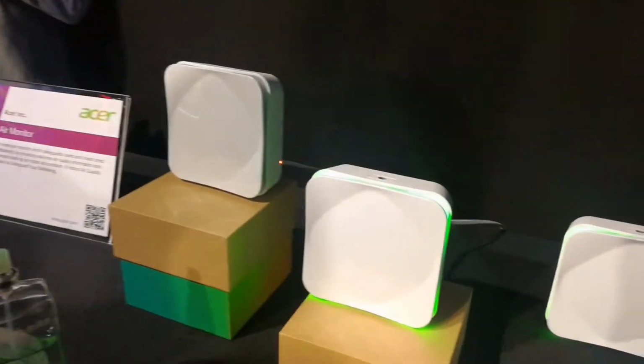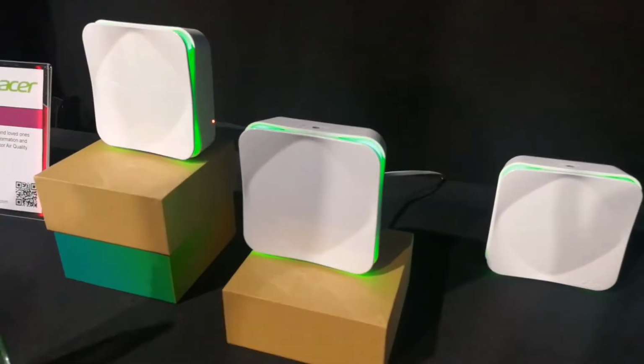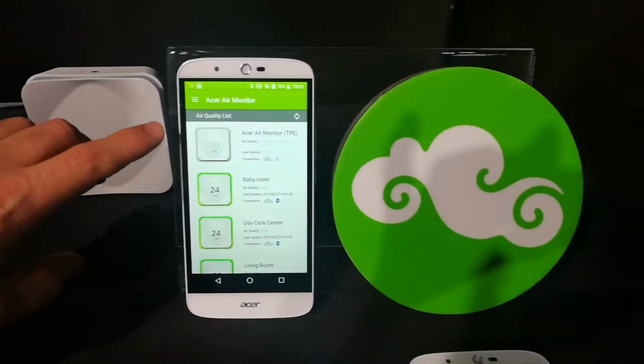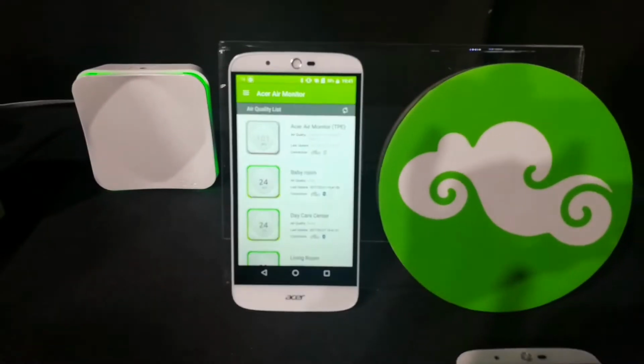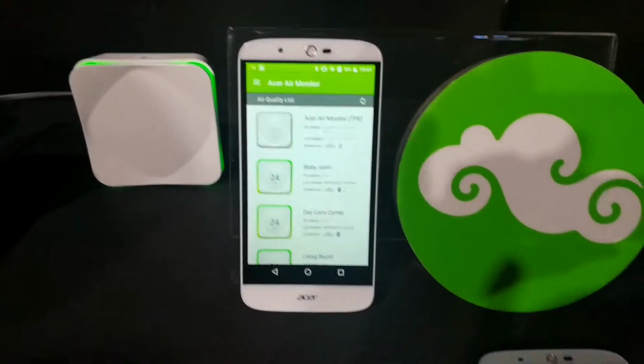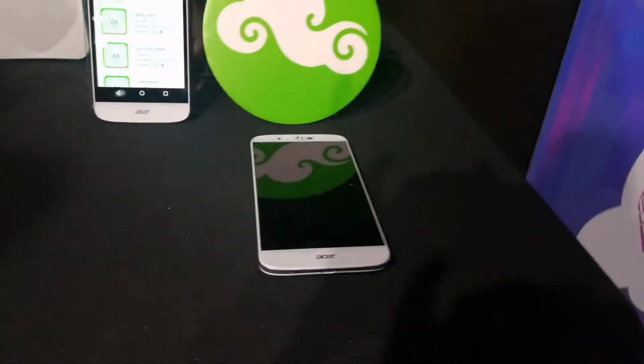So today we've been presenting the Acer Air Monitor, which is our first product targeted at the smart home and intelligent living segment for us. As you can see here, we have 3 demo devices, and on one smartphone you can track multiple devices. In here you can even see 4, because one is actually set up in Type A, and that's the beauty of the cloud as well, that we can access remotely the information of the air quality in